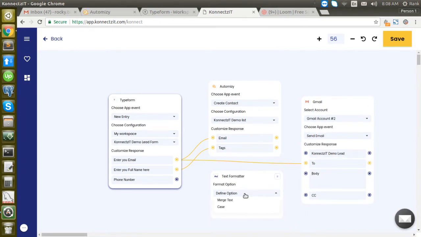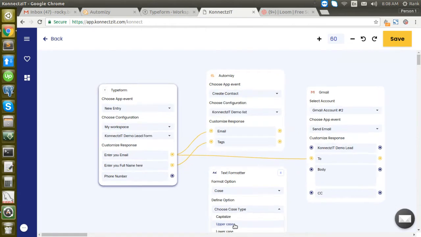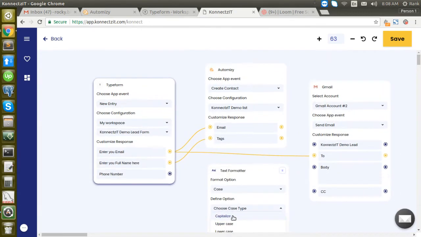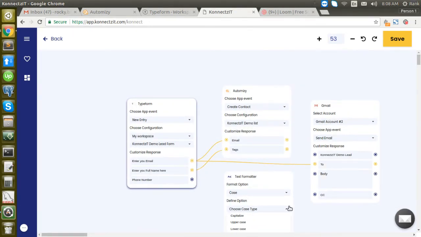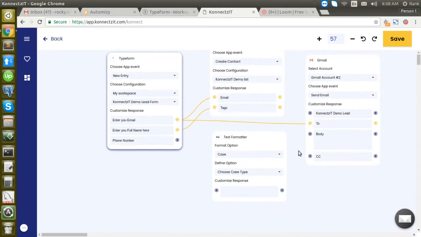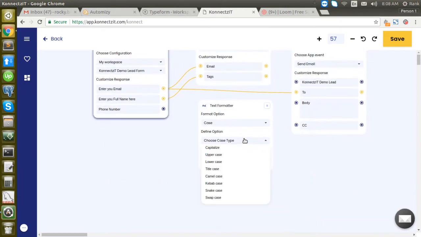I will use text formatter to create a body. I need name and phone number.